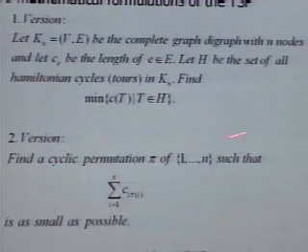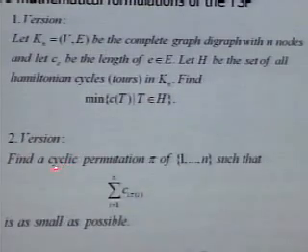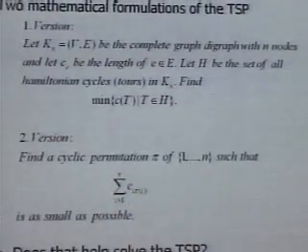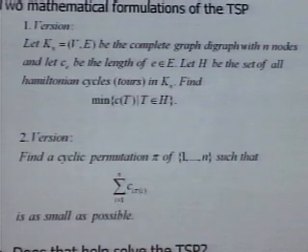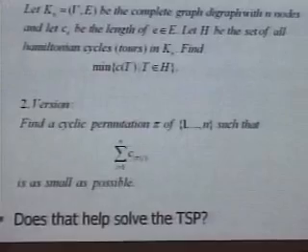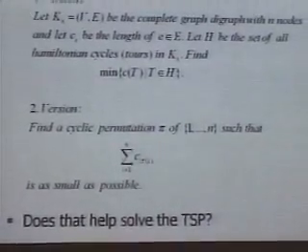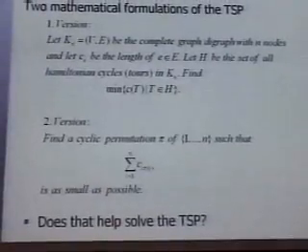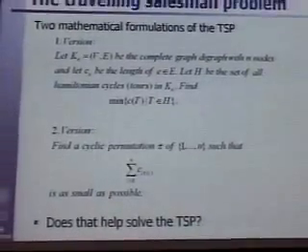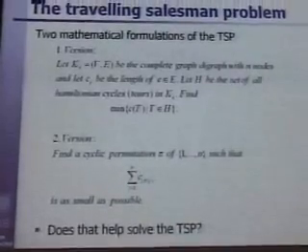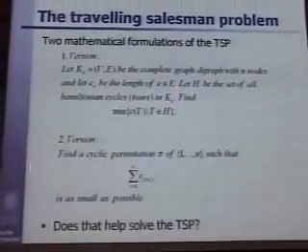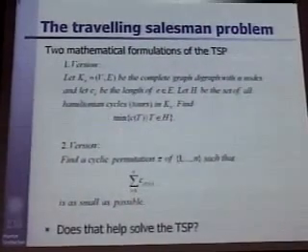You can also talk about permutations, namely you find a cyclic permutation of the numbers 1 to n, so that the sum of these values is as small as possible. And you can keep on going. I can give you 10 more definitions of this type, but the question is, does it help at all to solve traveling salesman problems? That's the important part. And this is what I would call the modeling issue in optimization, namely, what is the right formulation for an obvious, simple problem so that you can get a computational handle on it? And all this is completely useless from a practical point of view.